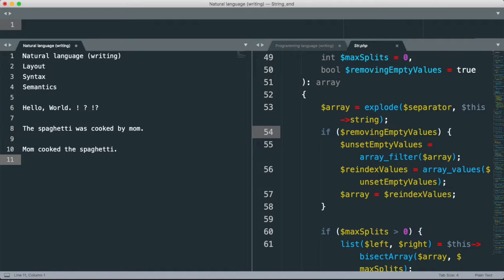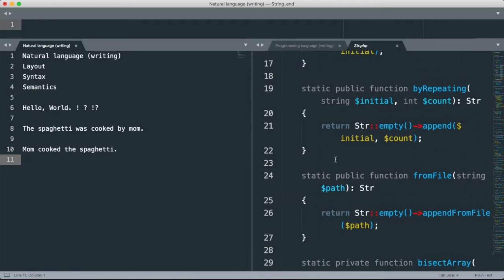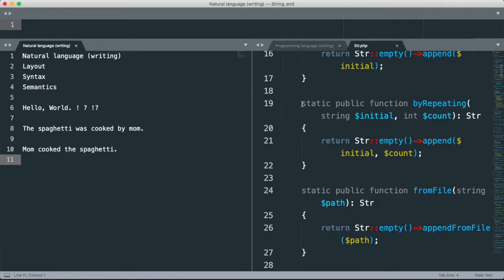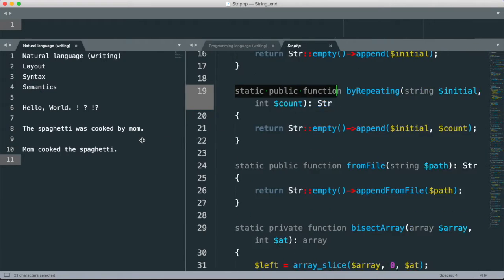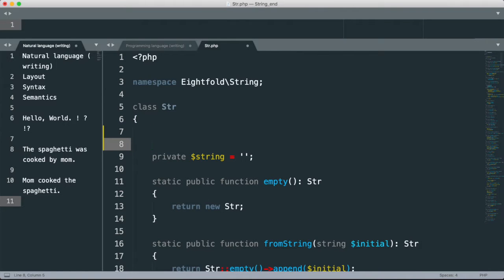Done, right? And code is the same way, right? Now you've heard me in a couple of videos in the past talk about the ordering of function declarations and the keywords that go into those. Basically what I want to be able to do is read it like a sentence. So I want to be able to say abstract or final,